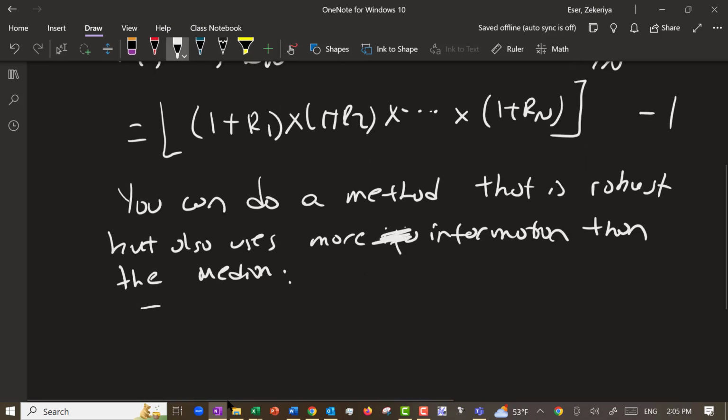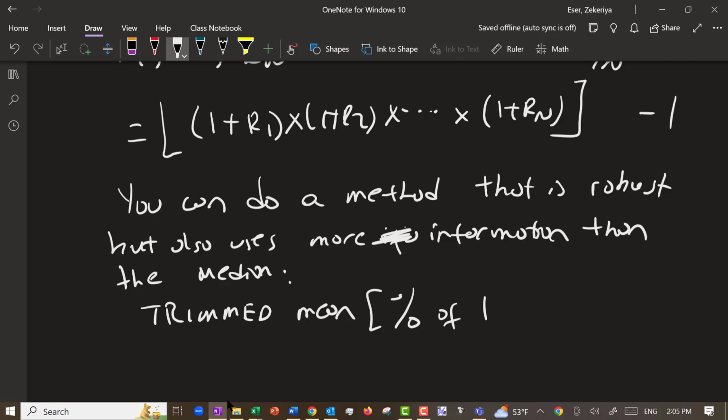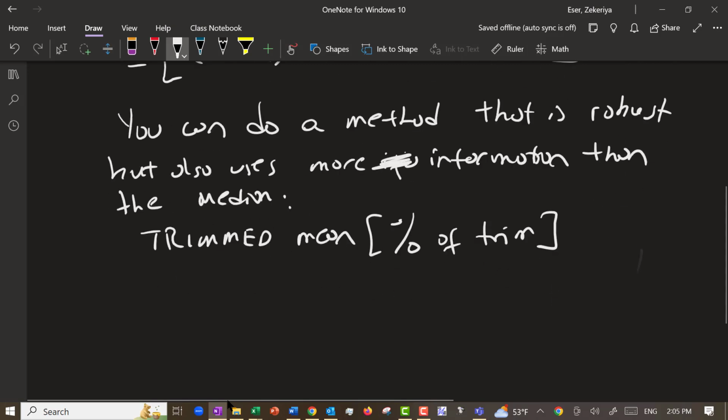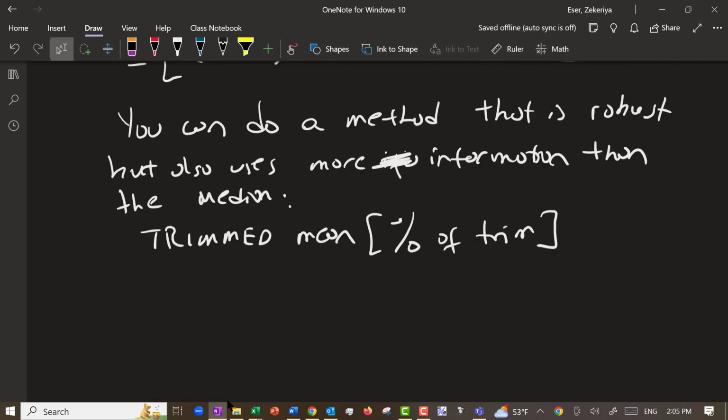And this is called trimmed mean. You need to choose a percentage of trim. For example, 5% trimmed mean